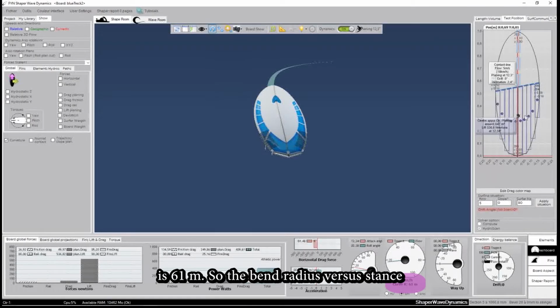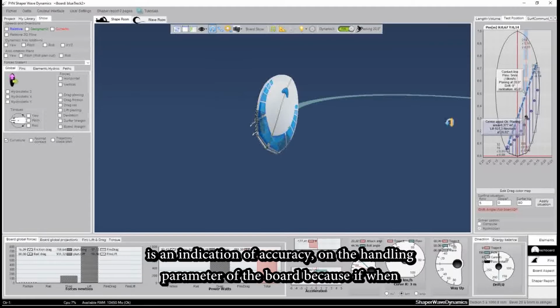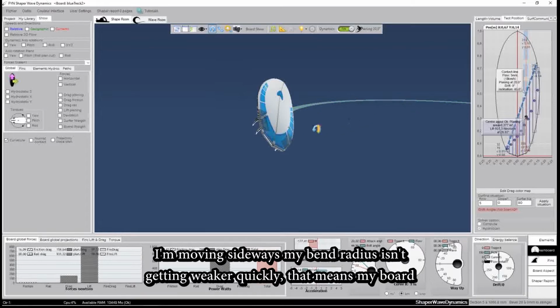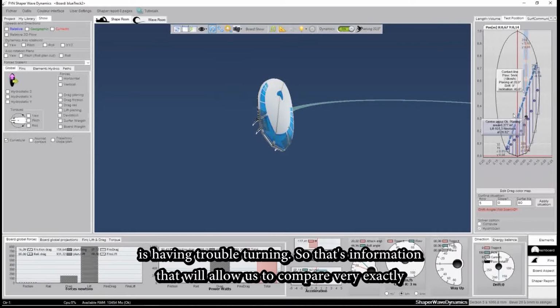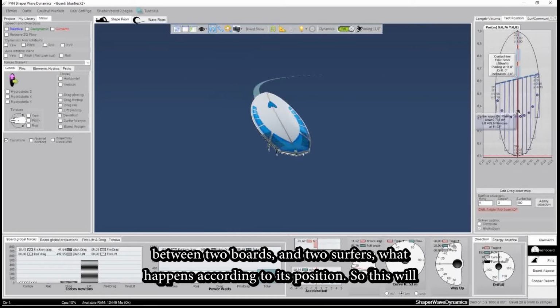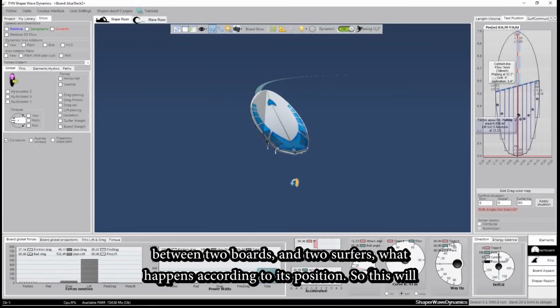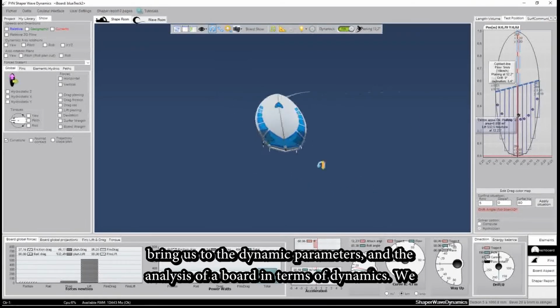61. So the bend radius versus stance is an indication of accuracy on the handling parameter of the board, because if when I'm moving sideways my bend radius isn't getting weaker quickly, that means my board is having trouble turning. So that's information that will allow us to compare very exactly between two boards and two surfers, what happens according to its position. So this will bring us to the dynamic parameters, and the analysis of a board in terms